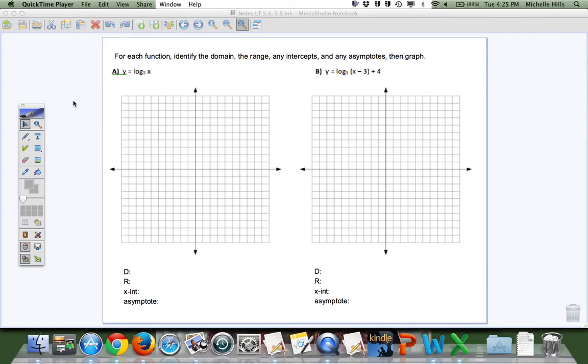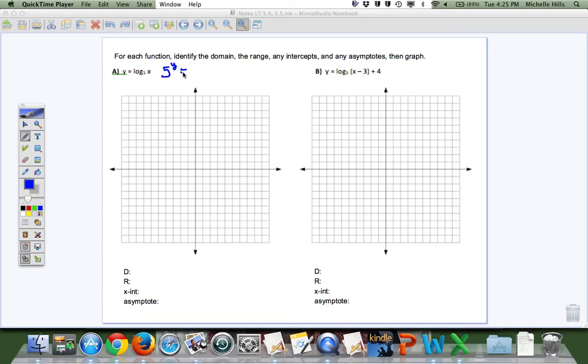Divide this into two videos, one for the logarithmic functions and one for the exponential functions. The thought process is actually quite similar on both of them, though. I need to graph this, the parent function for just a base 5 logarithm. One way to remember this is if I rearrange this into exponential form, it's the base of 5 to the